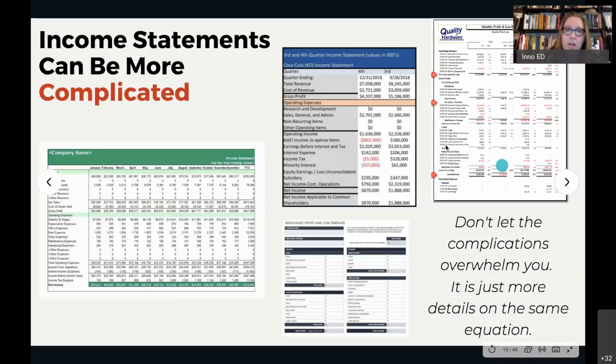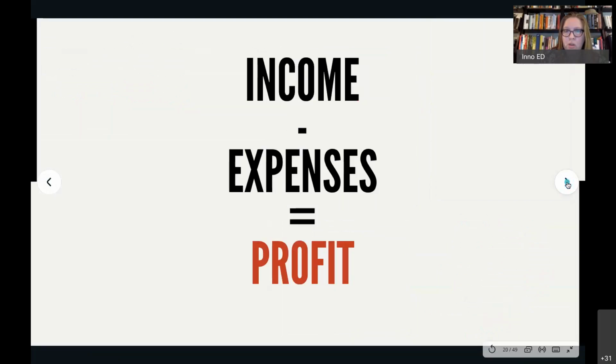So we have this sheet here to just show the income statements as you start working on them or start working with a service provider on them, they can get a lot more complicated. You see a lot of charts and a lot of rows. One of these here has it broken out by month, a lot of different expenses that might be coming in. So the piece to really understand, even as you're setting up your own, is it might be complicated, but it's all still that very basic equation, which is the income or revenue that is coming in minus all the expenses equals your profit, or if it's negative, equals your loss for that period of time.